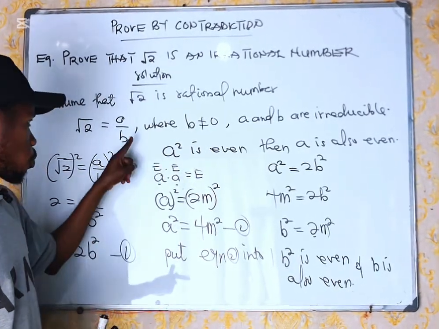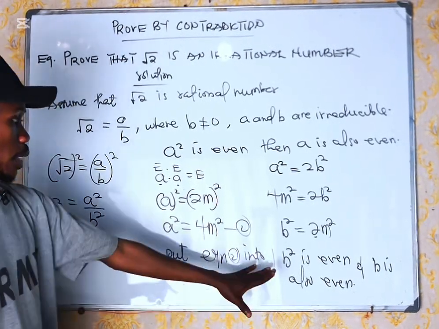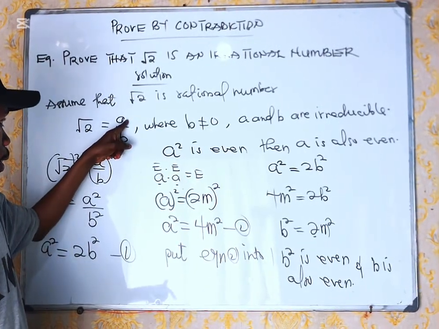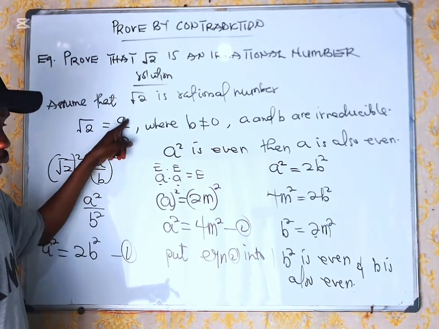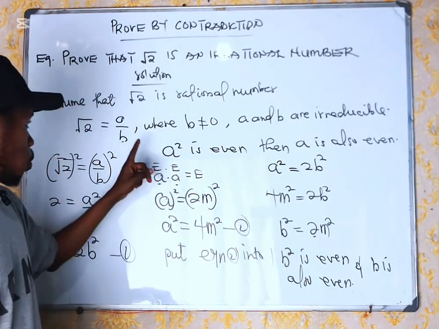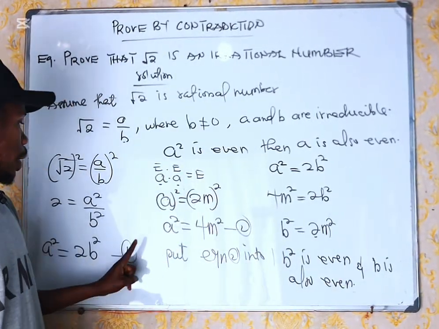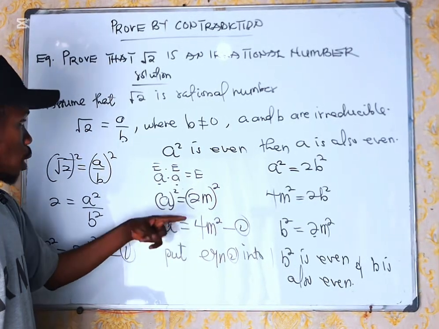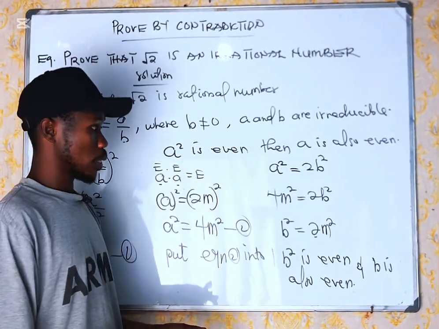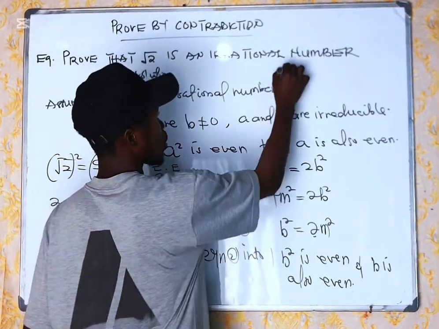Have you seen that? So I'm contradicting what I said here. So therefore, per my contradiction, which shows that this is now becoming reducible per what I've proved, that b is even, a is also even, then by contradiction, it states